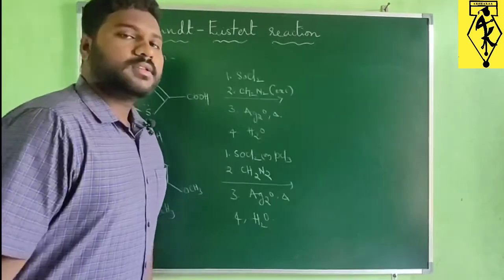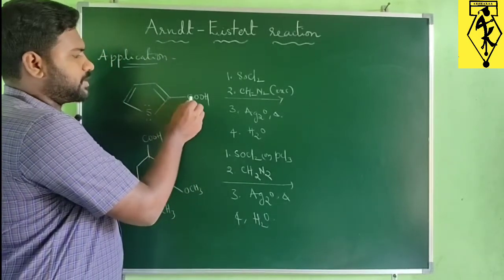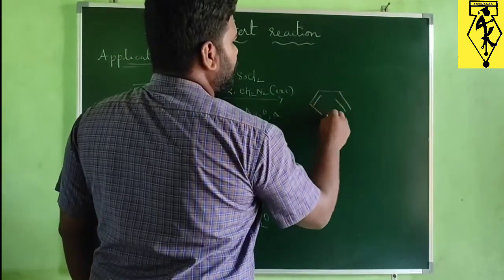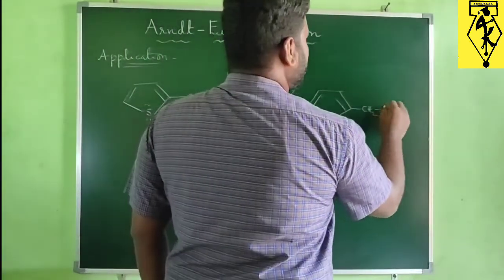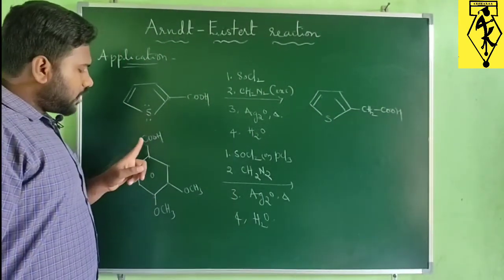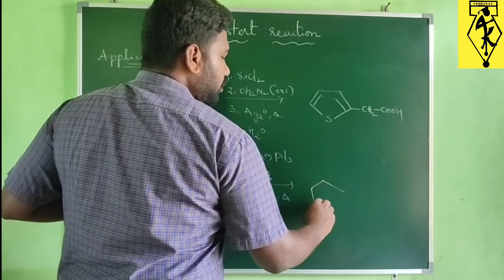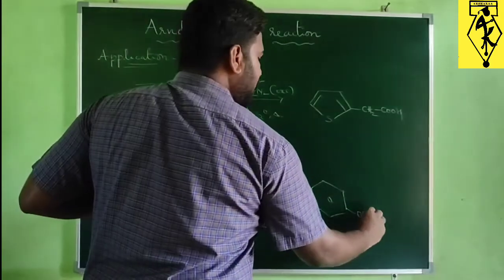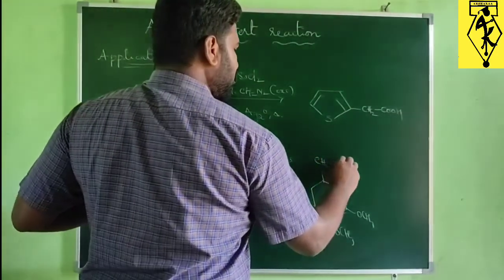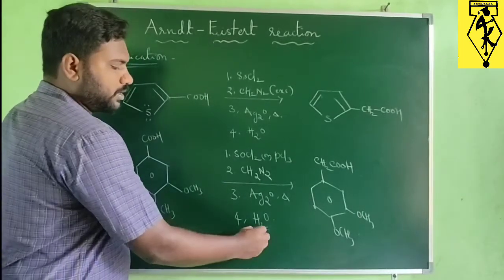We'll discuss two more applications. These are the two more reactions. We'll write the product of these two reactions. So same, between this carbon and this carbon there is an insertion of a methylene group. So thiophene and CH2 COOH. Similar case here, there is an insertion of a methylene group between this carbonyl carbon and this carbon. So OCH3, OCH3, here CH2 COOH. And here you have to remember one more point: just because of using water as solvent,